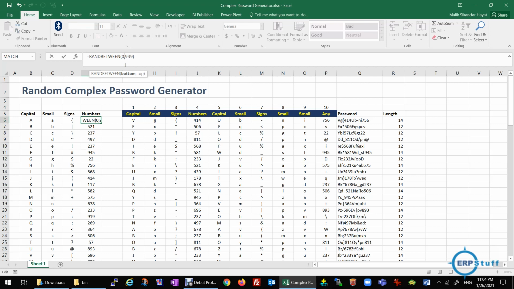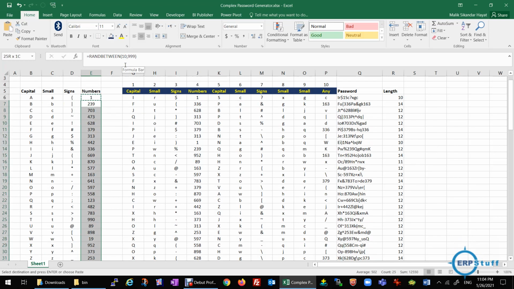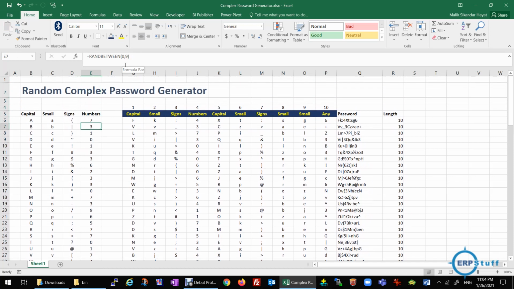I will make this range from 0 to 9, and then Control C, and I am doing Control V. See, my numbers are randomly generated, and each time it will regenerate if you type anything or make any change in this sheet, because automatic refresh is enabled. I will show you how to disable that. So it will change. If you see here, let me change any value, let us say if I do anything here.